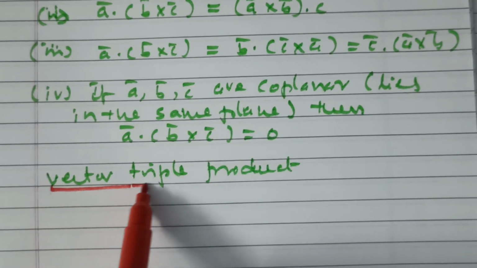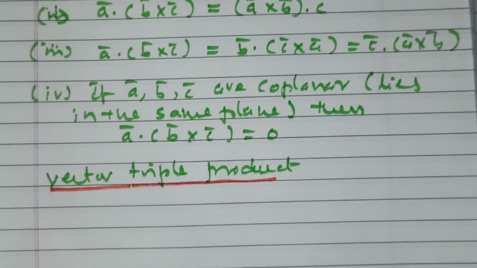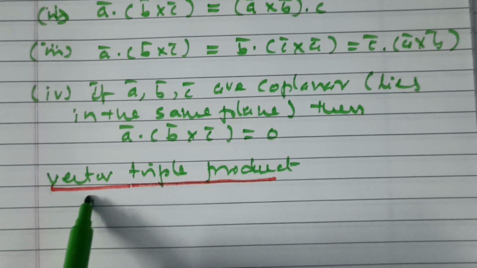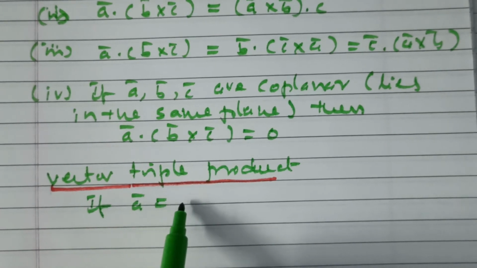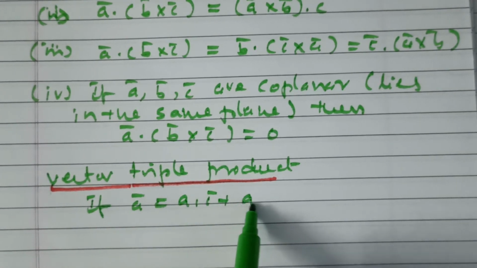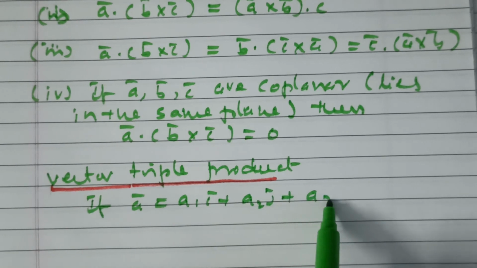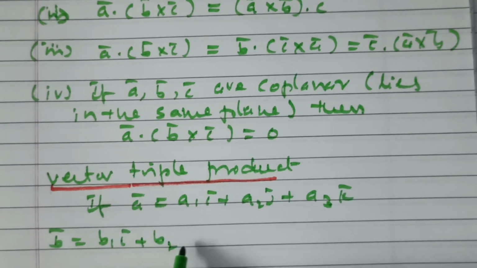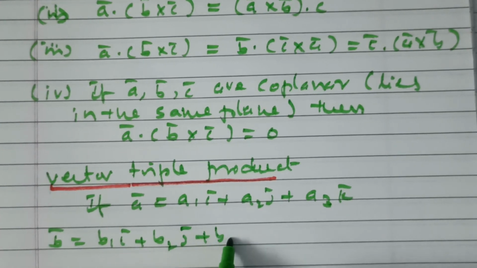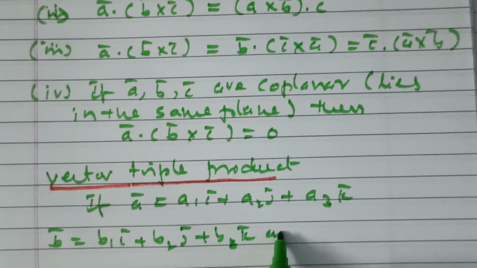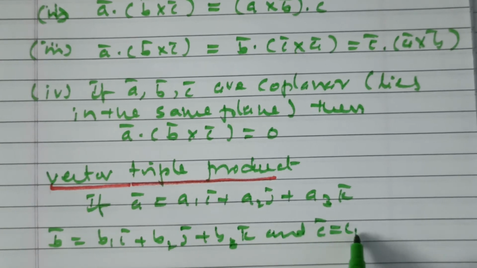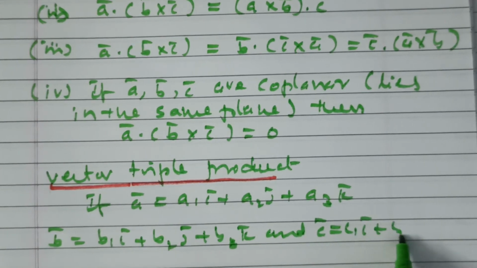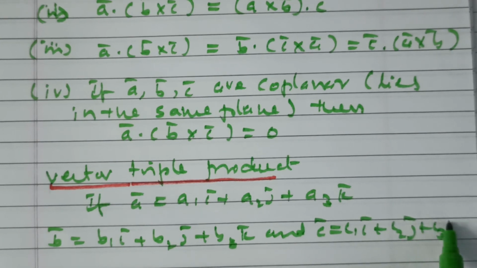So here also the three vectors. If a bar is equal to a1 i bar plus a2 j bar plus a3 k bar, b bar is equal to b1 i bar plus b2 j bar plus b3 k bar, and c bar is equal to c1 i bar plus c2 j bar plus c3 k bar,